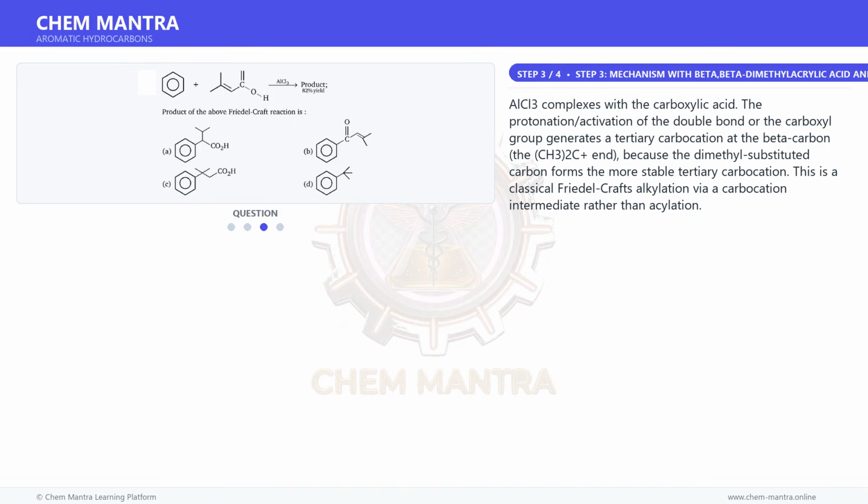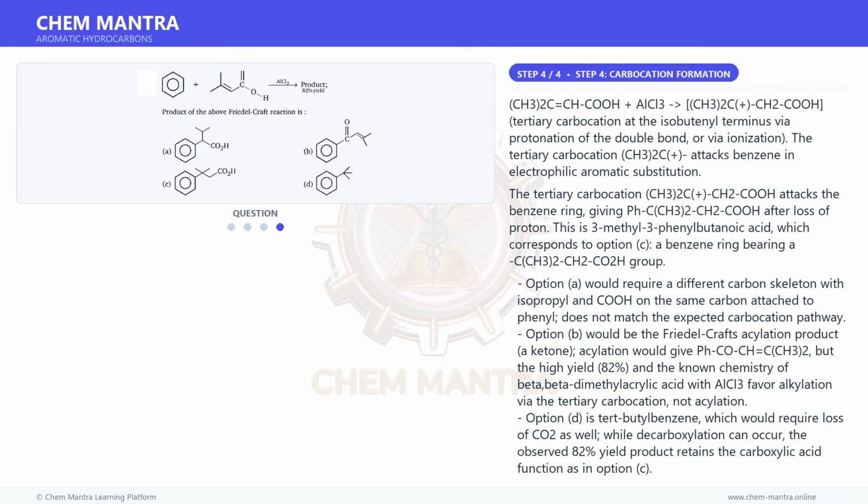The protonation activation of the double bond or the carboxyl group generates a tertiary carbocation at the beta carbon, the (CH3)2C+ end, because the dimethyl substituted carbon forms the more stable tertiary carbocation. This is a classical Friedel-Crafts alkylation via a carbocation intermediate rather than acylation. And for the final step,